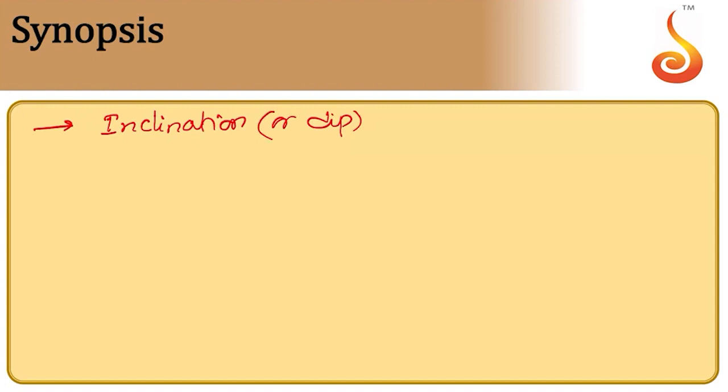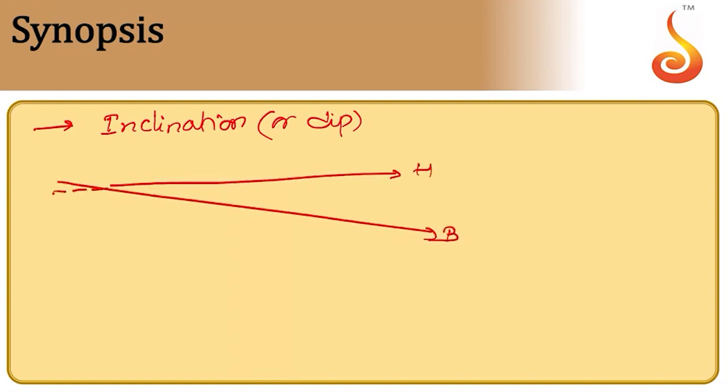You know, if I consider the Earth's magnetic field, it is not horizontal at a place. It may not be horizontal. For example, if we consider a place, this is the horizontal, the Earth's magnetic field is in this direction, and the angle it subtends with the horizontal is what is called the angle of dip. So, the angle of dip or angle of inclination is the angle made by the Earth's magnetic field with the horizontal at a place. This B can be resolved into two components, one is BV and the other is BH.